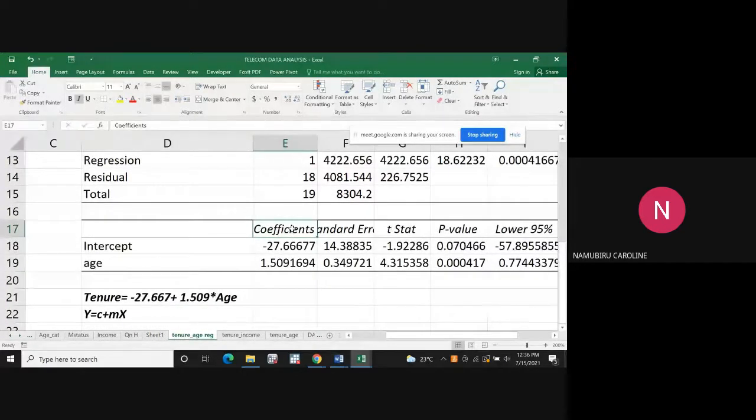These coefficients are the C and the M. So this is the intercept, which is the constant. This is the slope. This is the coefficient for age, where remember we said that tenure is y is equal to C plus mx. So C is the constant, which is the coefficient here. And then M is the slope, which is the coefficient here. So that is where we got those coefficients